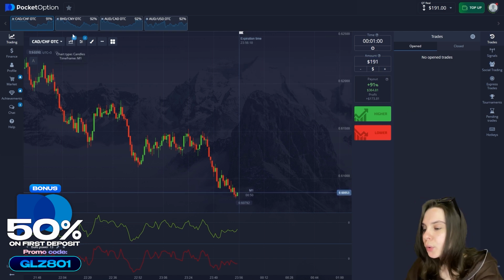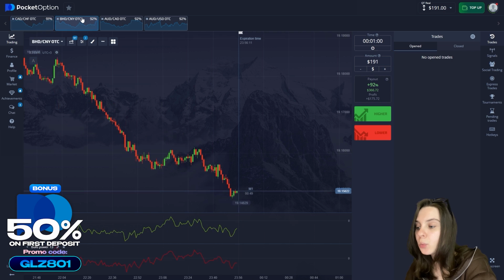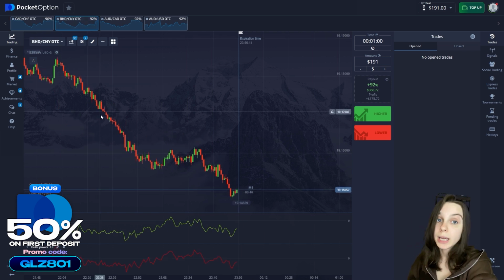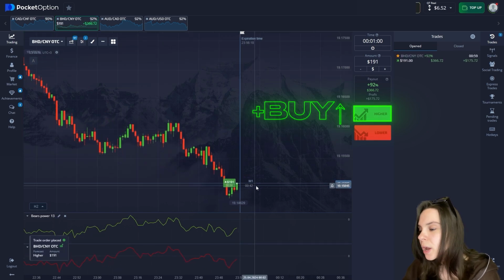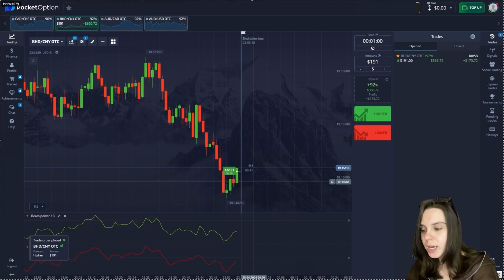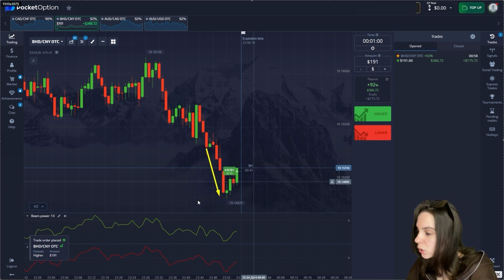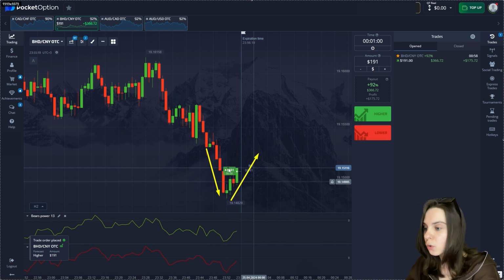Here we move to the next currency pair. Here we are opening a trade just for an increase and proceeding to the general analysis of our market. We had a small range, then quite a strong decline, specifically according to our chart, and now we have had quite a reversal, and at this